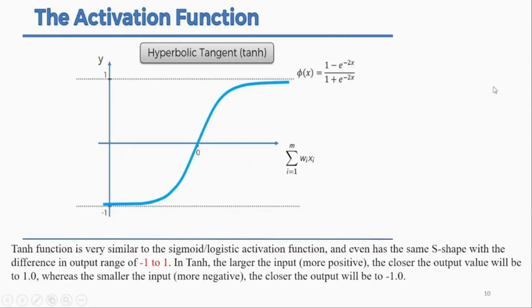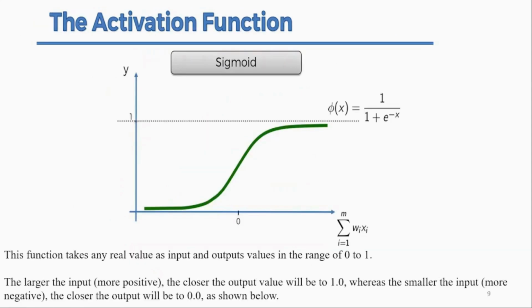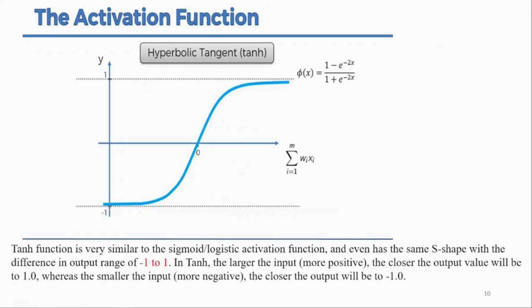Similarly, there is another important activation function, the hyperbolic tangent. It is also called tanh. Mathematically it is expressed like that. What is the tanh function? If we remember the sigmoid function, the output values are in the range of 0 to 1. So most of the time the sigmoid function is used in binary classification problems. But if we have a range between -1 and +1,